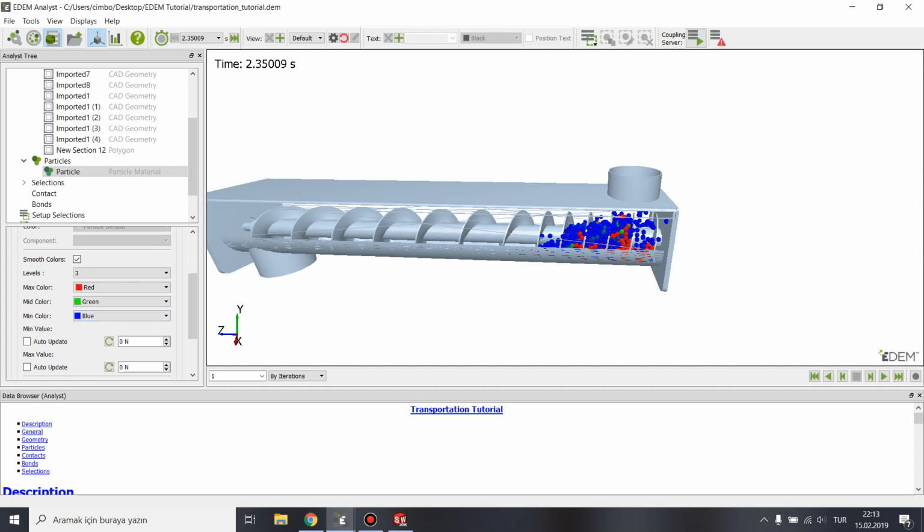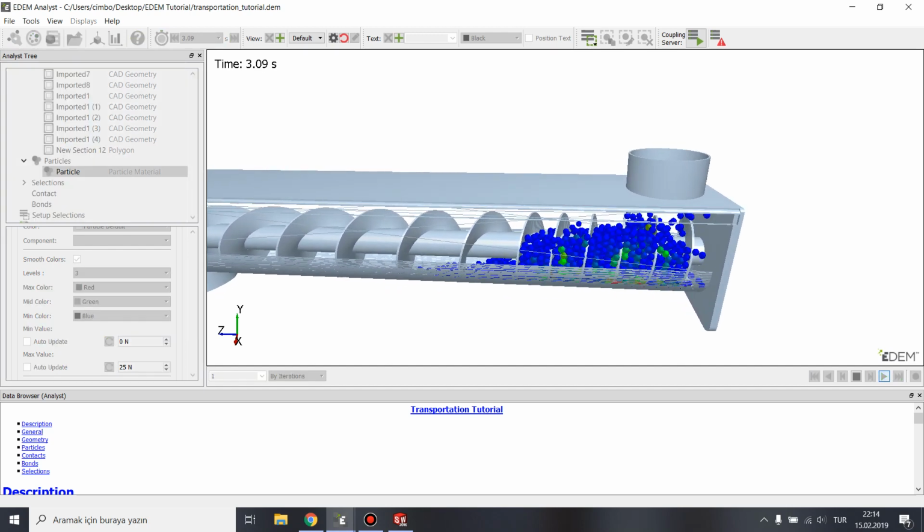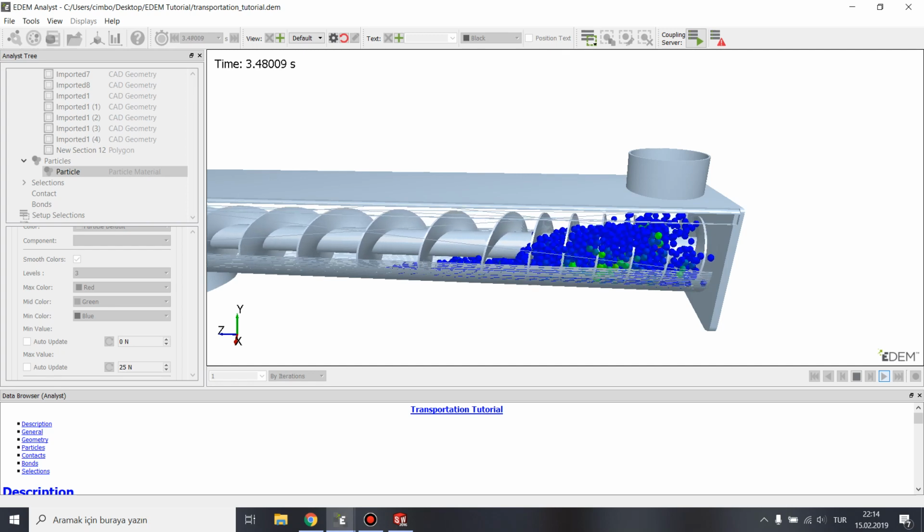And as you can see, you can change the colors if you want. You can change the values which color takes. And let us define a maximum value, which will be 25 newtons of compressive force. As you can see, you can trace the compressed particles here,